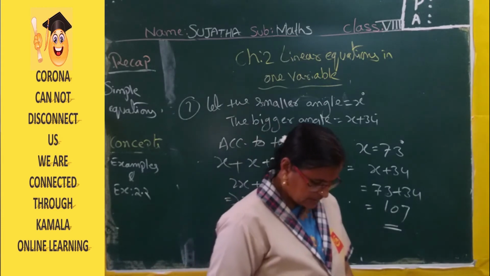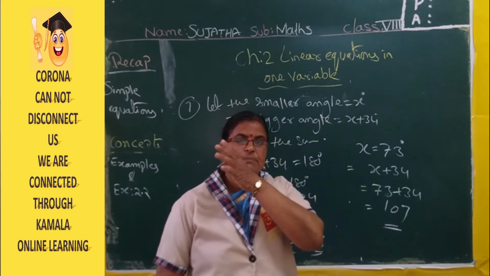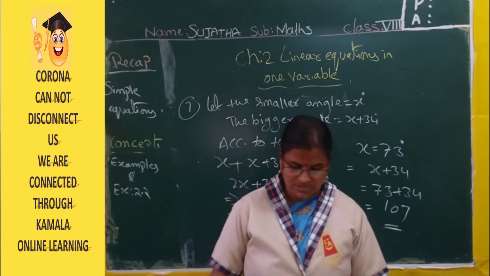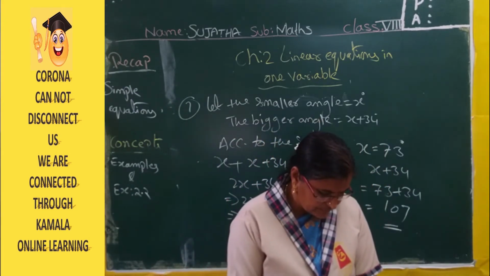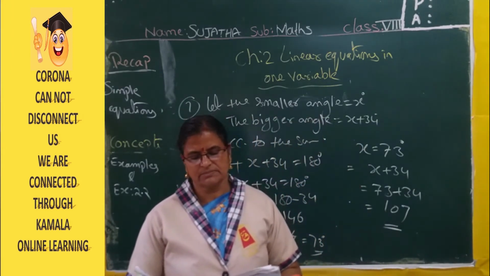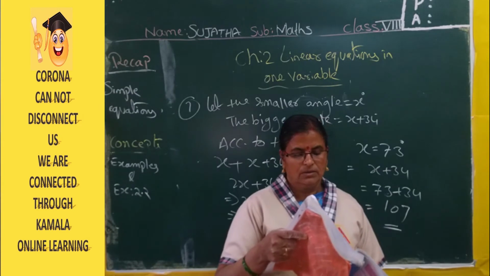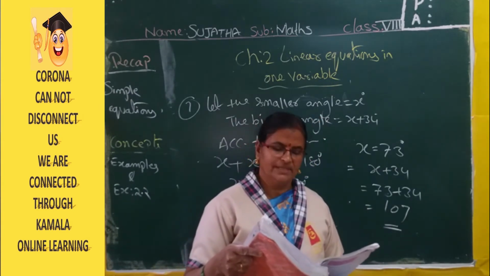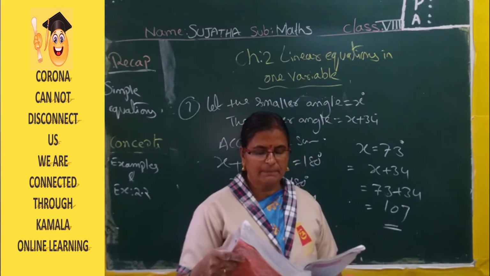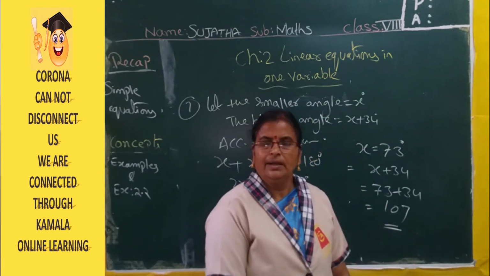Understood? Now, this 8th example is also very important. Age problems. These age problem sums are very important, ma. In the exercise, 3-4 sums are there. This age problem sums only. See, the present age of Vijaya's mother is 4 times the present age of Vijaya. Okay, after 6 years, sum of their ages will be 62. Then find the present age. So, present age of Vijaya and her mother.